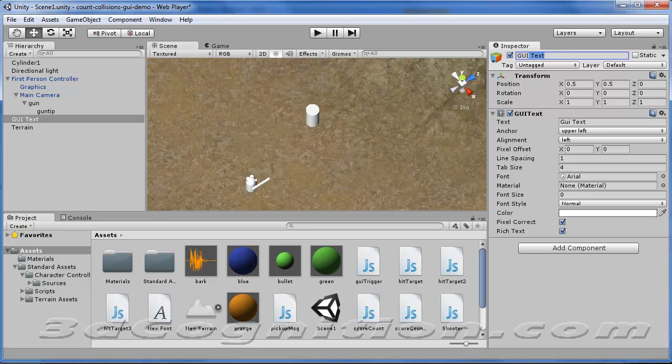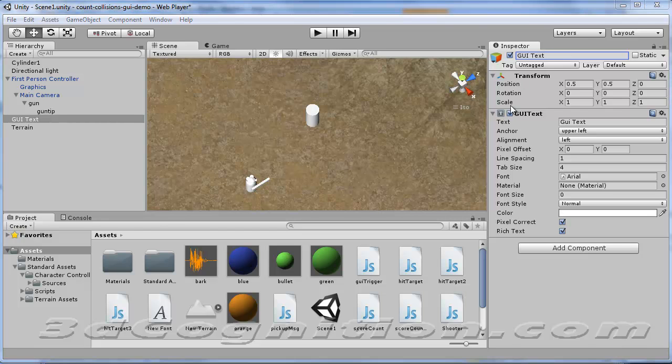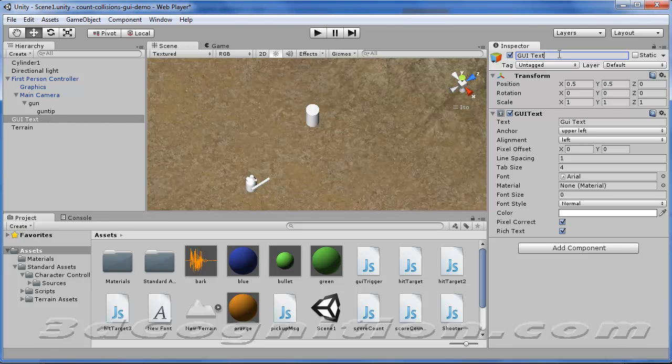Wasn't that the name? Actually, I'm going to call this GUI target hit, just to be clear about what it's doing. And that's done. We'll go ahead and throw our GUI trigger script onto it,